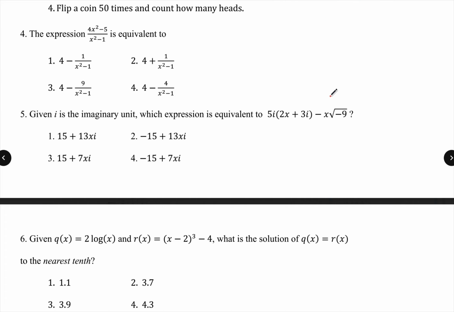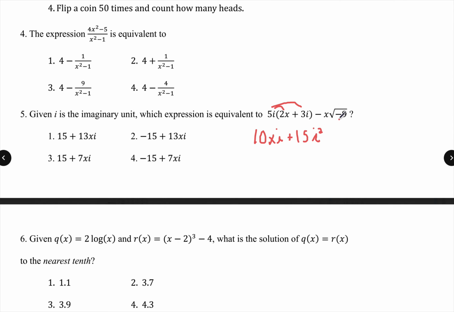And my last one. I'm given an imaginary expression, and we know i is the imaginary unit. Which expression is equivalent to this? You've got a bunch of stuff going on here, so I'm going to take it one little piece at a time. I know my first part I could distribute, so I would be left with 5. I'd be left with 10xi. I always have to write the i last. And I'd also be left with plus 15i